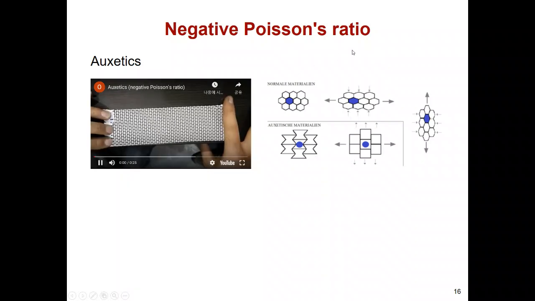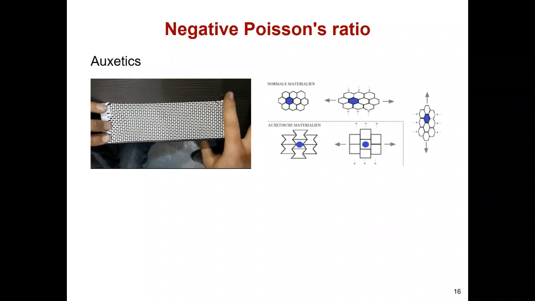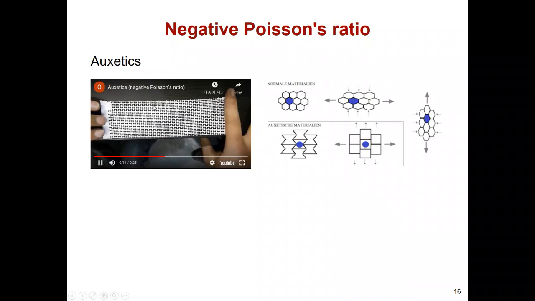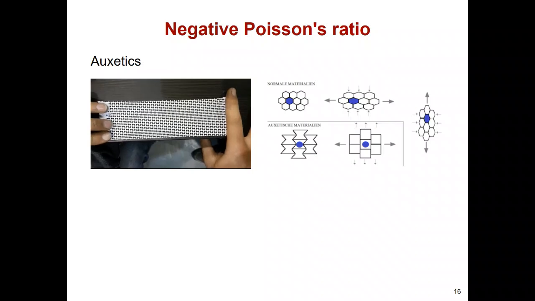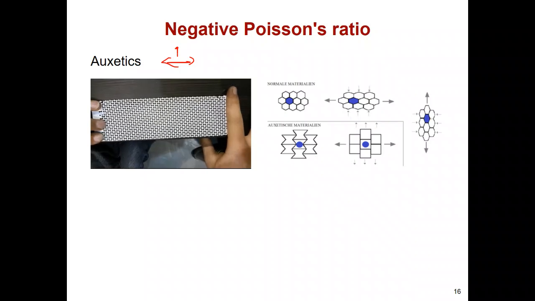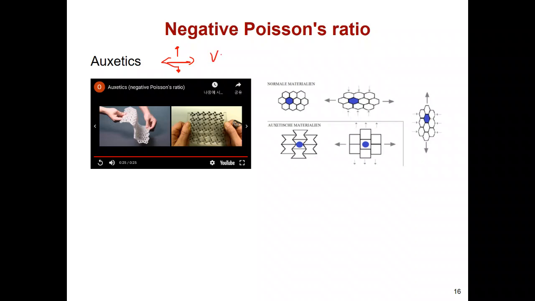negative Poisson ratio. Let's see those kinds of complex geometry. When they are pulled, their lateral direction is increased. This is the opposite behavior of what we already know. That means when you increase the longitudinal direction, the lateral direction also increases. At that time, we define the Poisson ratio with a negative sign, but both are positive, so the total value is negative. So we call it a negative Poisson ratio.